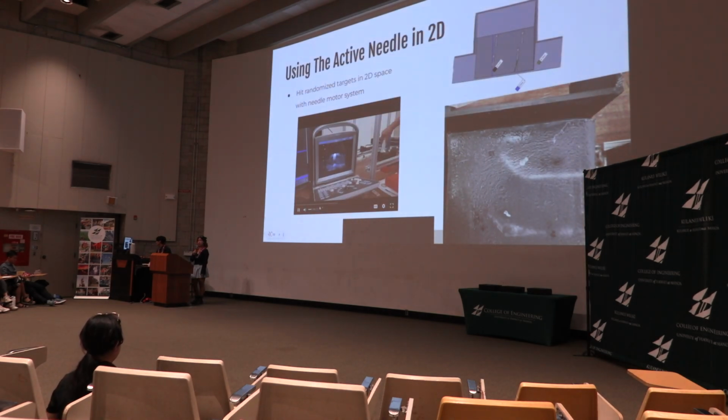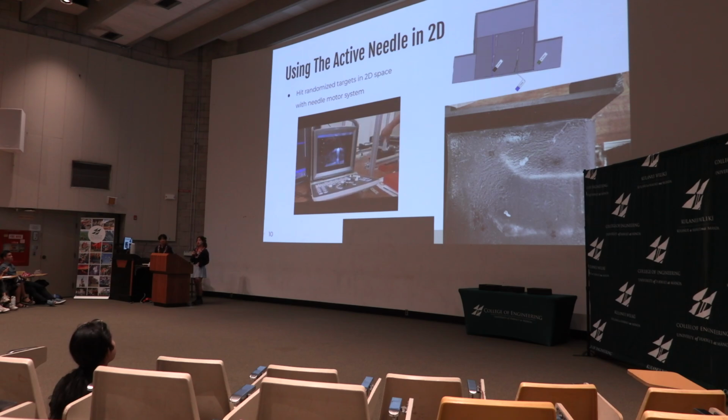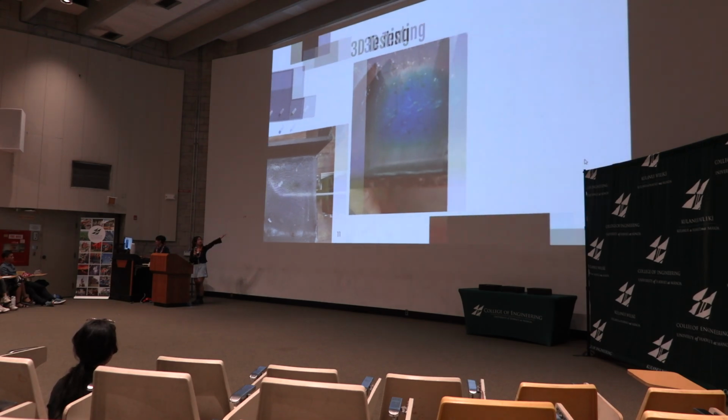The first major step in our project was to use the active needle in 2D space, or in a planar space. The first step was to create a mold in SolidWorks that is pictured in the upper right-hand corner with the little targets inside. We also used SolidWorks to map out a coordinate system so that we knew at what distance and position the targets were located from an arbitrary point on the box. And then from there, we knew what numbers to punch into our code so that we could move the needle. In the video